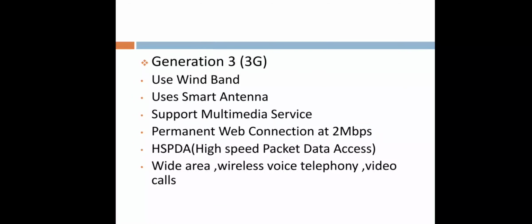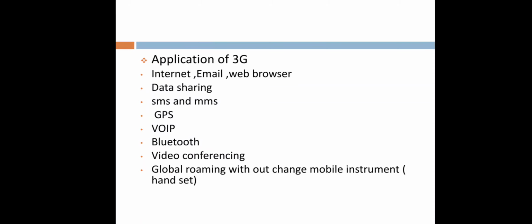Third generation: uses the wideband, uses smart antenna, supports multimedia service, permanent wave connection at 2 Mbps, HSPDA, high speed packet data access, wide area wireless voice telephony and video calls. Applications of 3G: internet, email, web browser, data sharing, SMS, MMS, GPS, VoIP, Bluetooth, video conferencing, global roaming without changing